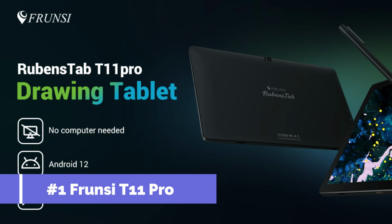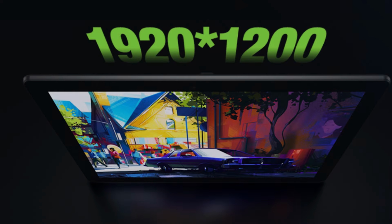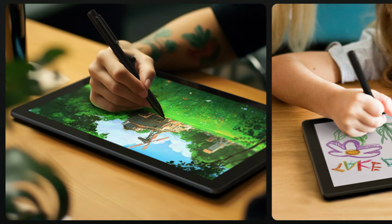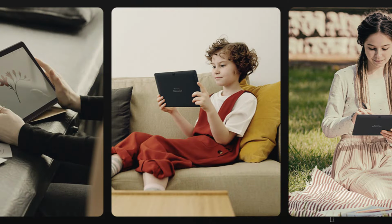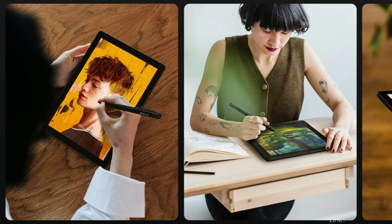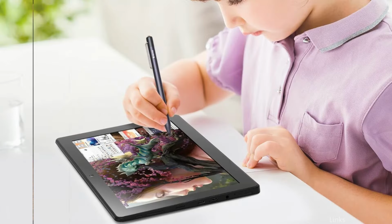On number 1, we have Frunsi T11 Pro Tablet. For those new to the world of digital art, the Frunsi T11 Pro Tablet is a great place to start. Its elegant appearance combined with an incredibly sensitive stylus guarantees a smooth drawing experience at an affordable price. Sketching tablet without a computer include a 1920 by 1200 FHD IPS 16:9 ratio display to provide you with a